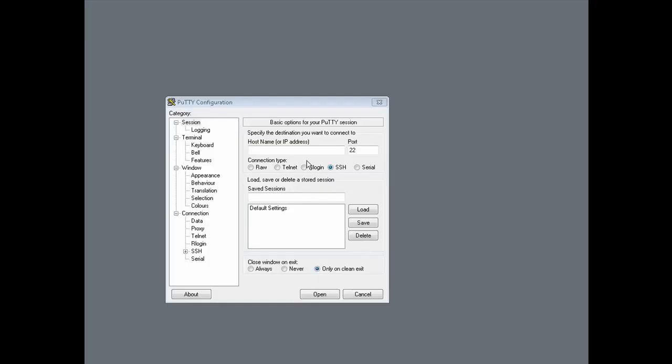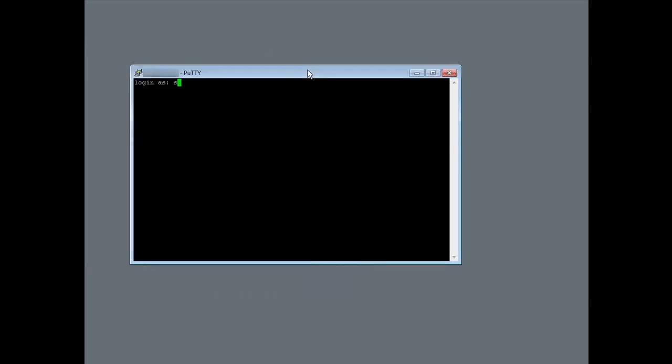Again, we're going to log into our Linux box using PuTTY. And this time we're going to log in as the STS user, STS12345. So the command is called